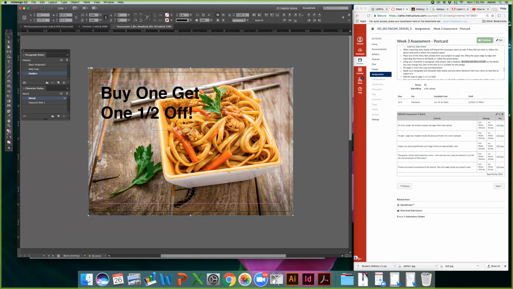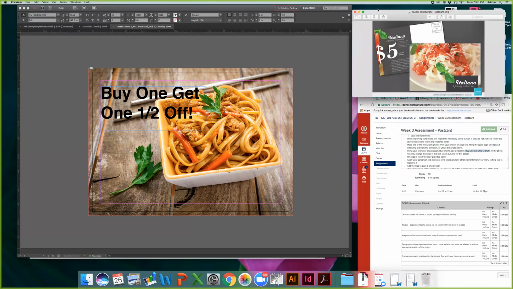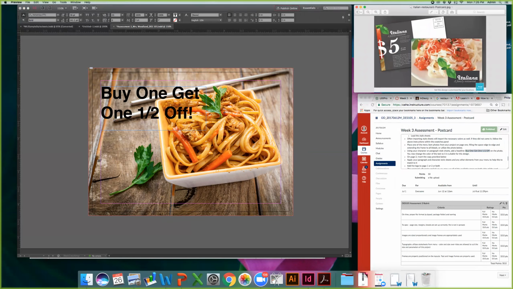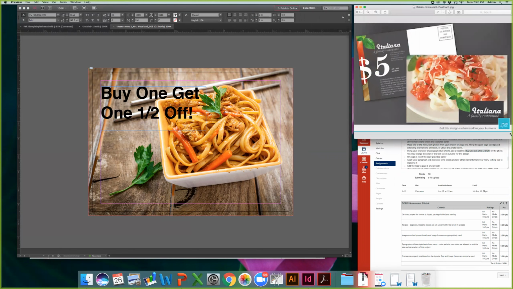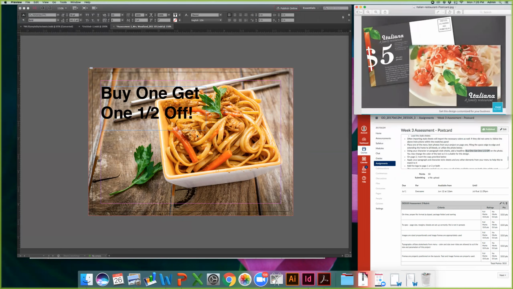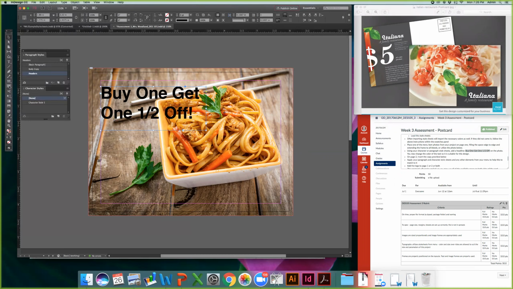And this is where I'm going to format it a little bit. The background is very hard to read. So what I'm going to do is kind of do what this example displays. I'm going to have a couple windows open, so I do apologize. I'm going to zoom out here. What I like about it is it has this little box here at the bottom. You could do that, because this is kind of busy the way we have it, so you could do a little box that drops down